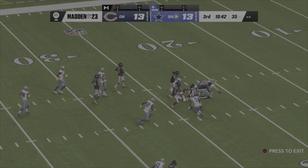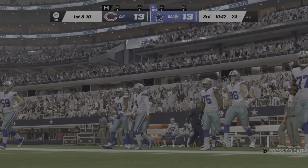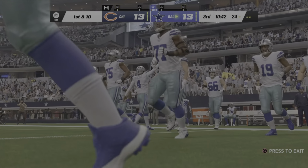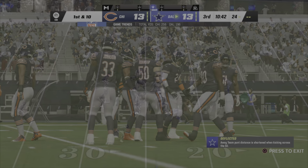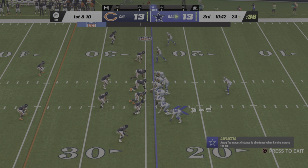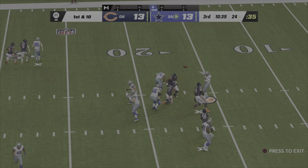A fairly short kick from the 14. And he won't quite make it to the 25. Dallas offense set for this next drive. And we'll see if they can bounce back from that last drive. In particular, if they can bounce back at the quarterback position, Charles, after throwing their first interception of the ball game. Yeah, and some guys, you know, they're going to want to try and get a big play right away